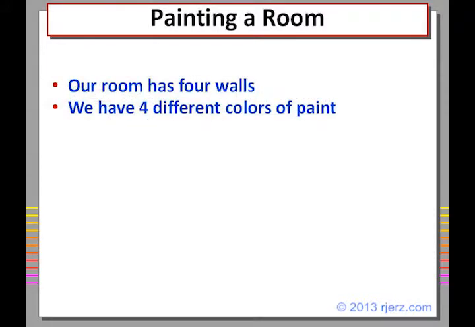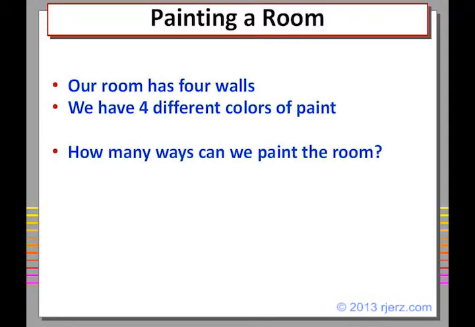Consider that we want to paint a room that has 4 walls. Also consider that we have 4 different colors of paint. How many different ways can we paint this room? Using the same approach that we took for the car and our laptop, we can multiply 4 colors on the first wall times 4 on the second times 4 on the third times 4 on the fourth and come up with